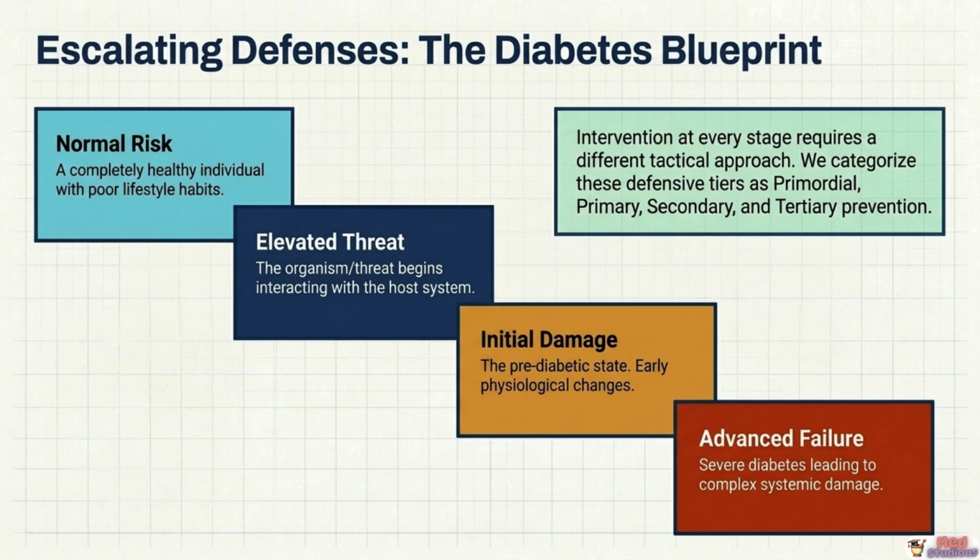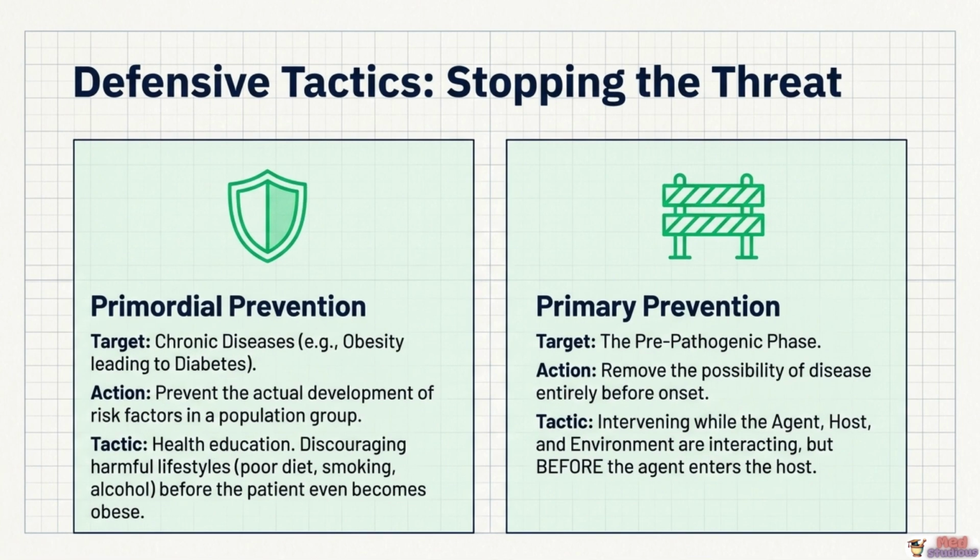Finally, advanced failure represents full, clinically manifest type 2 diabetes, leading to the cascade of systemic complications. Diabetic retinopathy threatening vision, nephropathy progressing toward renal failure, peripheral neuropathy causing foot ulcers, and macrovascular disease causing myocardial infarction and stroke. With the natural history mapped and the diabetes blueprint established, we can now deploy the 4-level prevention framework